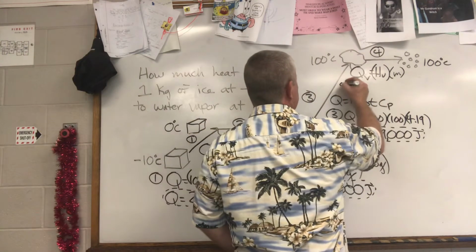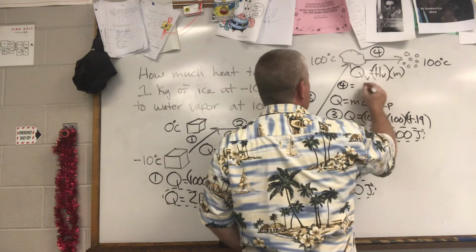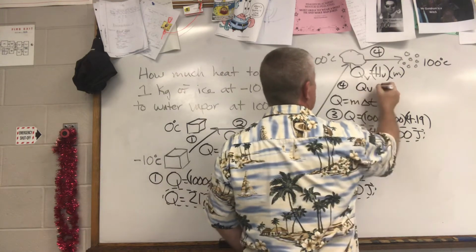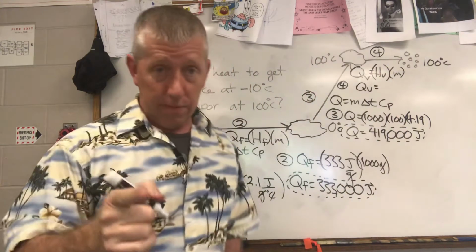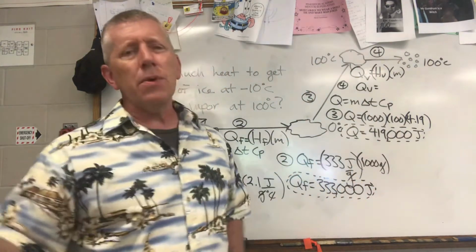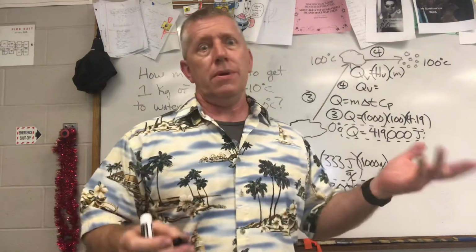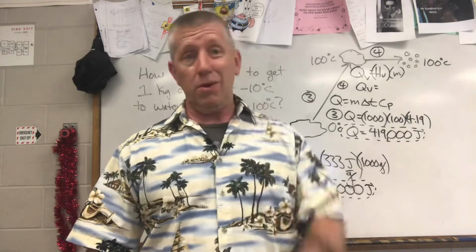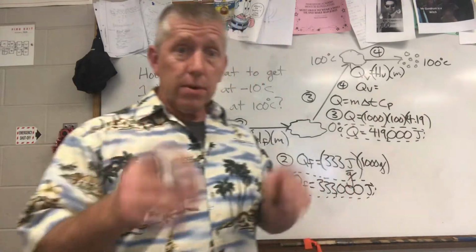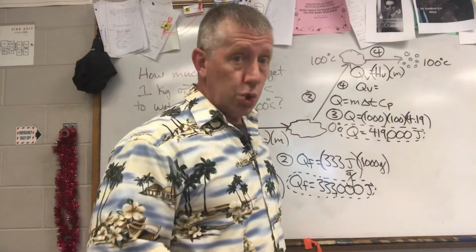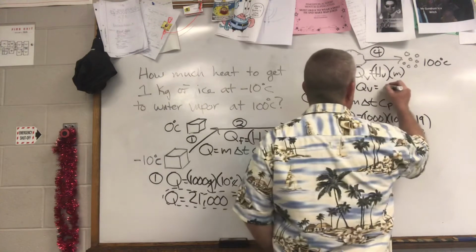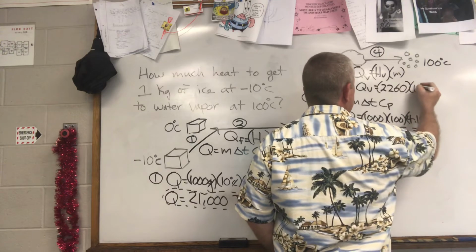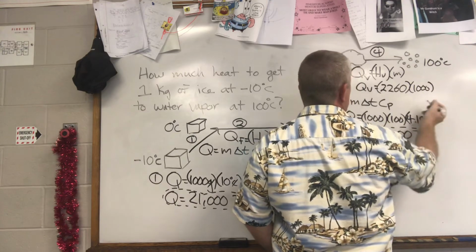Here's step 4. Q of vaporization equals the heat of vaporization. Remember that? Last video. Well, it was the last video, not 2 videos ago, because the phone call broke my video up. This would have been 1 video, but I guess it's 2 videos. Whichever. Remember? You wrote it down, right? 2260 joules per gram multiplied by 1,000 grams. And that's going to equal